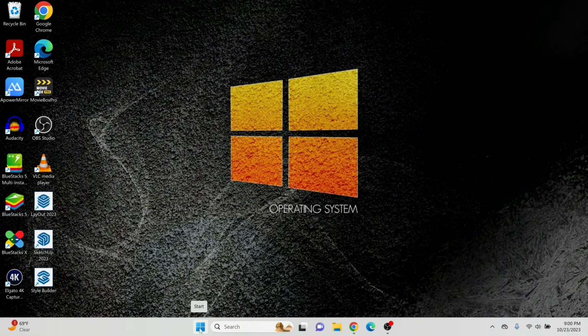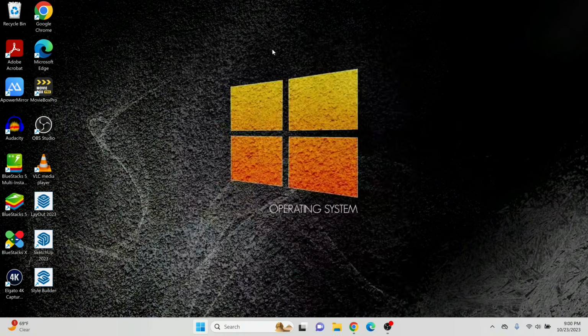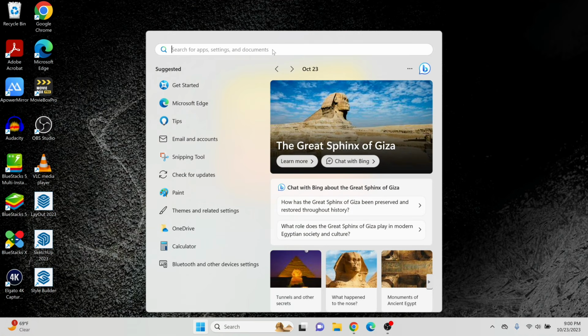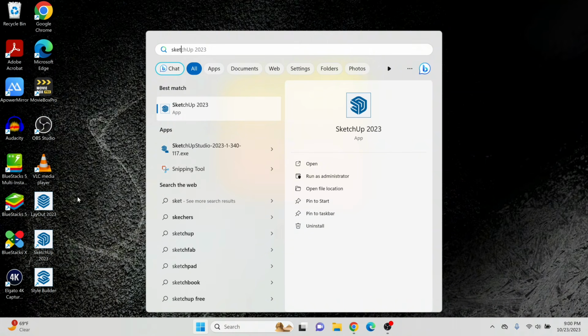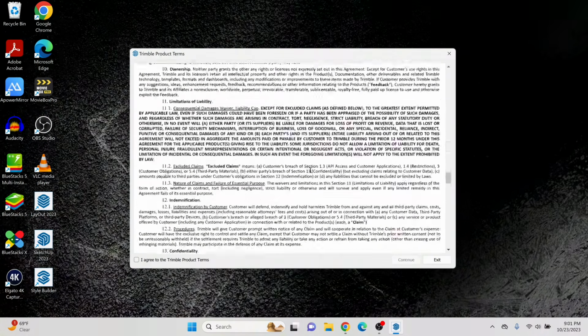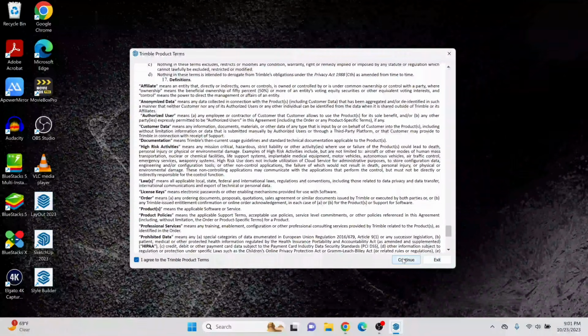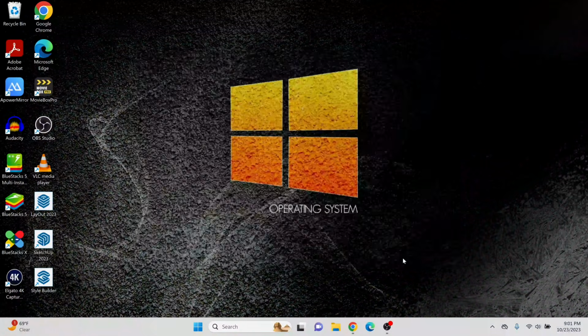Go to your start and you can search for it, SketchUp. You can alternatively click on that straight away from your desktop, or you can search for it. Here you're gonna see some terms and conditions. You read through that and you need to agree with the terms in order to continue. So you have agree, you need to click continue,